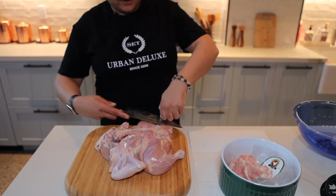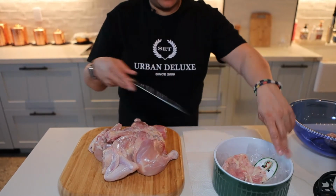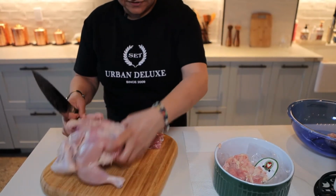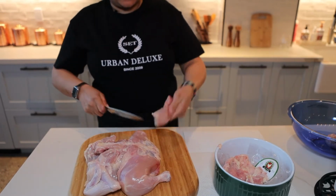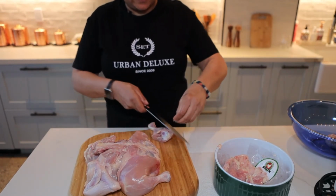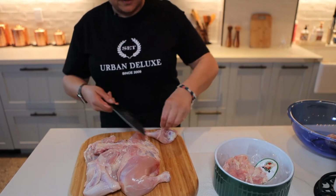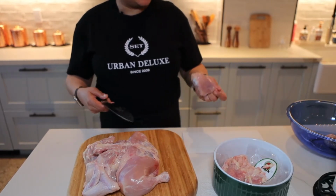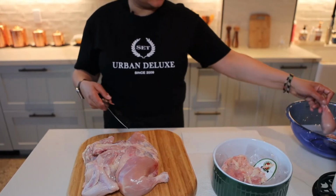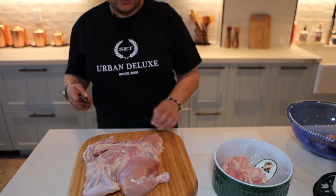Once again, take off all of these little pieces of fat. And so you really have a fairly healthy bird that you're going to be cooking with. And then once again, this is where the sharp knife really comes in handy. Make sure your pieces also aren't so big, but remember, Indians eat with their fingers as opposed to a lot of utensils. So you just want to make sure that the pieces aren't super big,